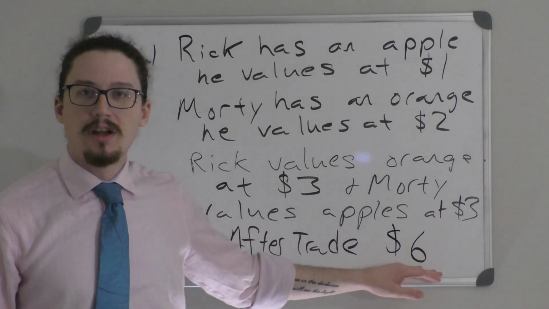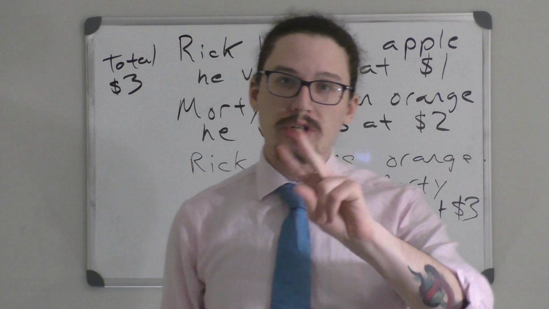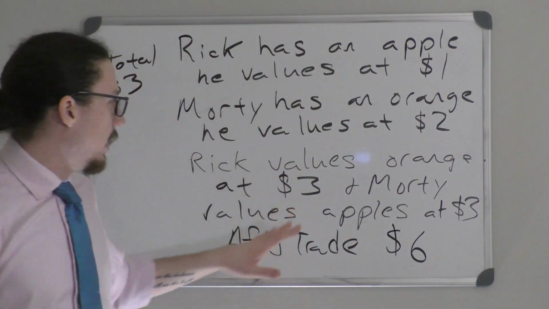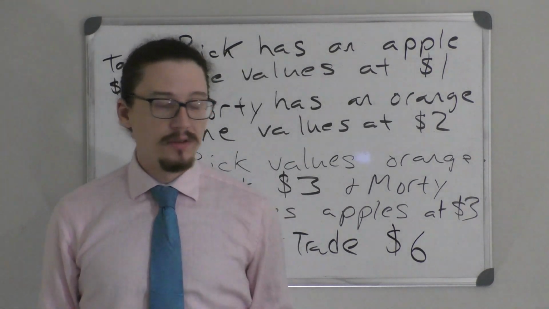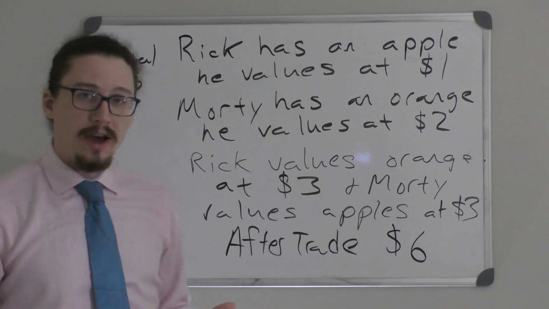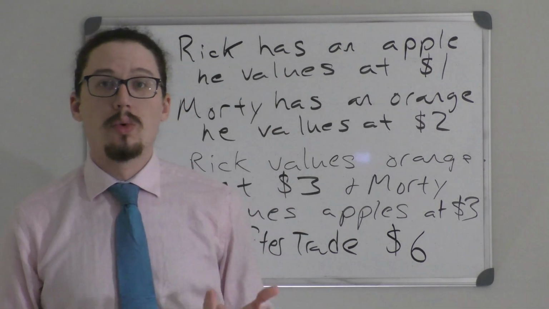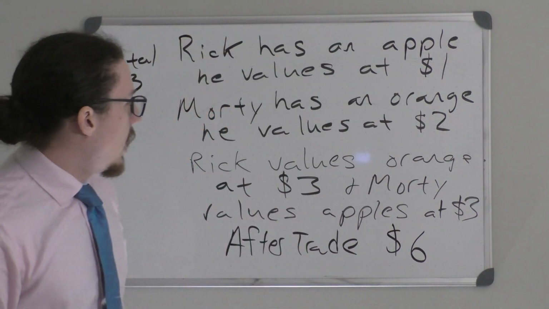So the total welfare is $6. No new goods have been produced. We only have one orange and one apple when we start and when we finish. But because Morty and Rick value these goods at different levels, and the value is subjective, we can increase the total welfare without producing any